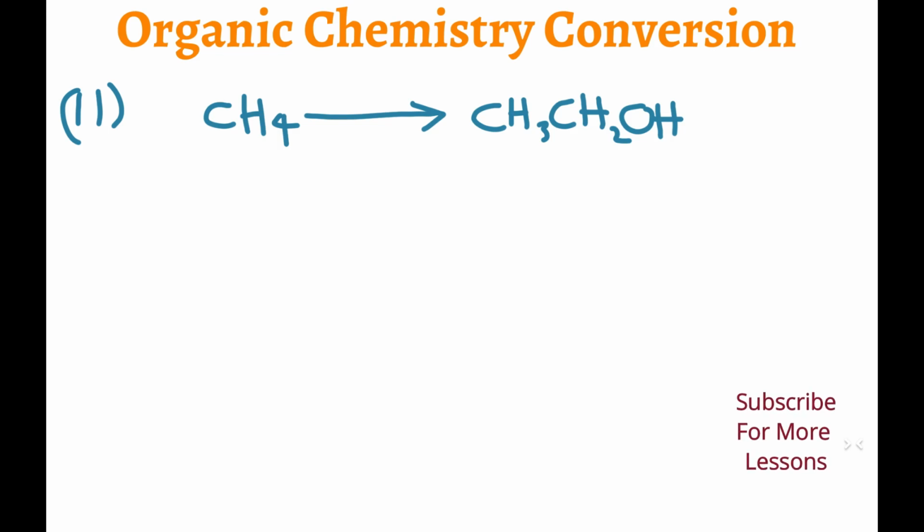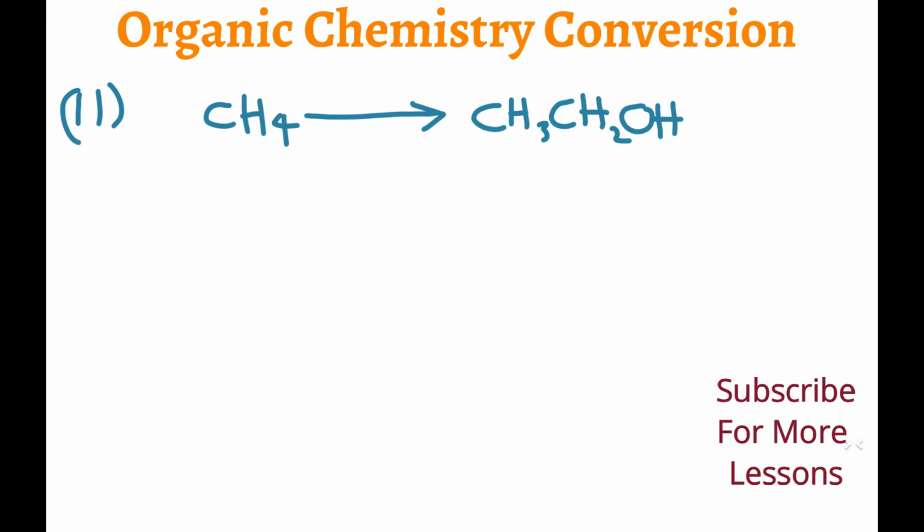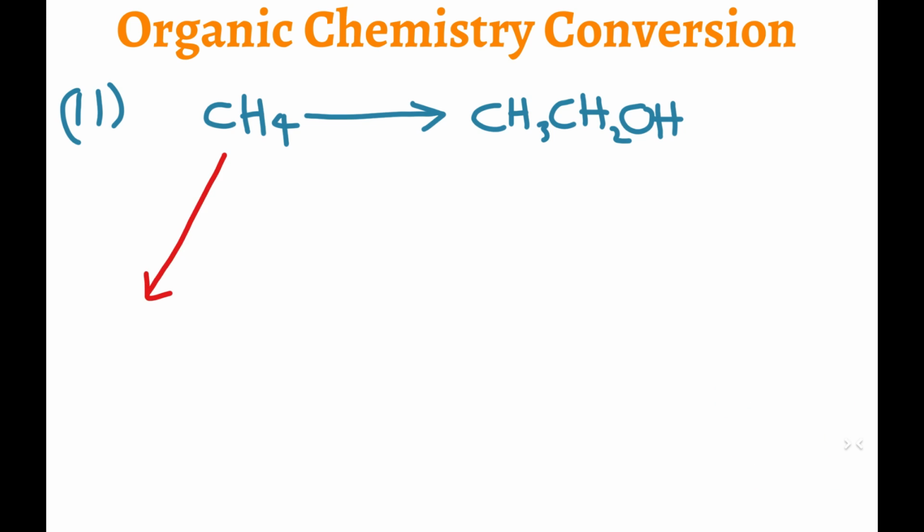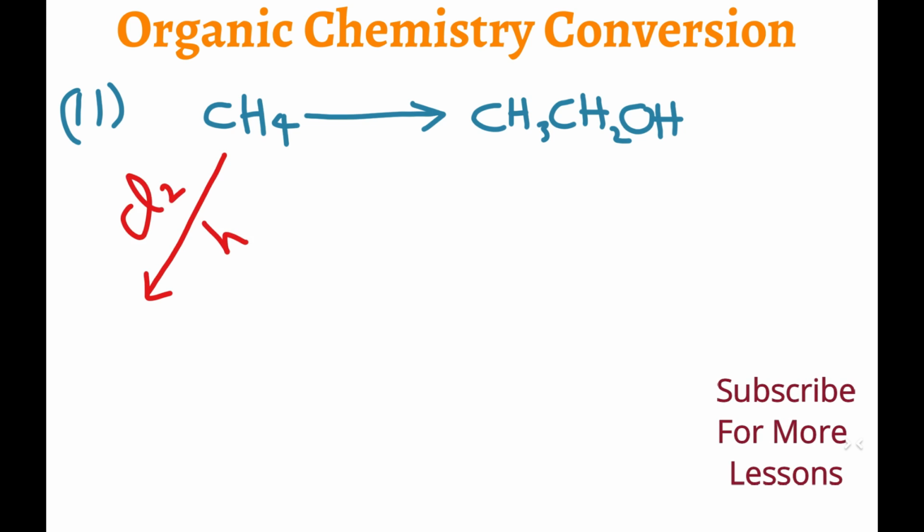In the 11th organic conversion, we have methane and we need to convert it into ethanol. This is very simple. It has about 3 or 4 steps. First of all, we should do chlorination of this methane with chlorine and UV light, and we will have